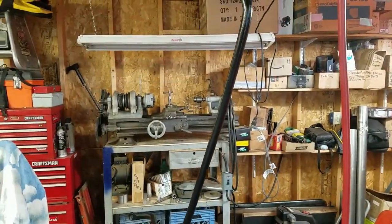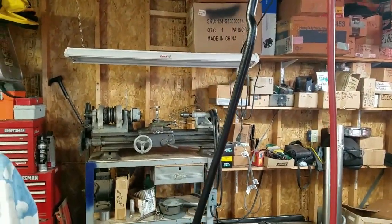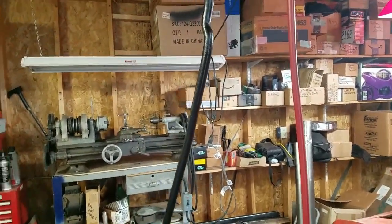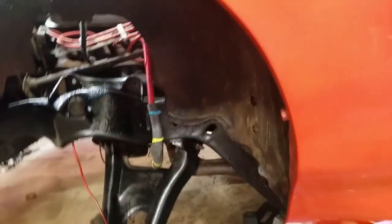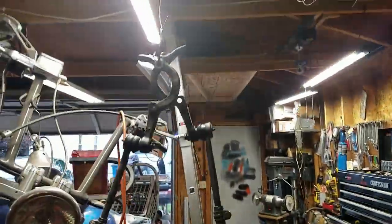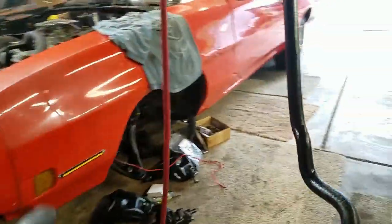That is it then. But before putting in the new one, I've taken out some of the steering and suspension components, freshened them up a little bit. Sway bar. Here's the upper control arms, got some paint on them. And lower control arms. I freshened up the frame a little bit. Got the drag link off and cleaned that up, freshened that up a little bit, and then some other knickknacks and brackets and nuts and whatnot. But while that's all drying,